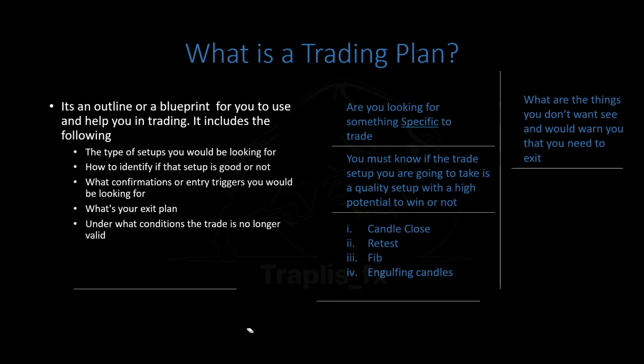For example, let's say you have a double top. You're like, okay, I'm going to trade a double top. The moment it breaks the neckline, I'm going to take a trade. For example, the neckline gets broken, but you don't see a close below the neckline, so that's a red flag. You shouldn't be taking the trade. Or if you break the neckline, then you go back in the range again, so that's something you don't want to see. These are little things that you should always be worried about, and they should give you red flags, tell you, hey, I shouldn't be trading this because it may not work the way I want it to.